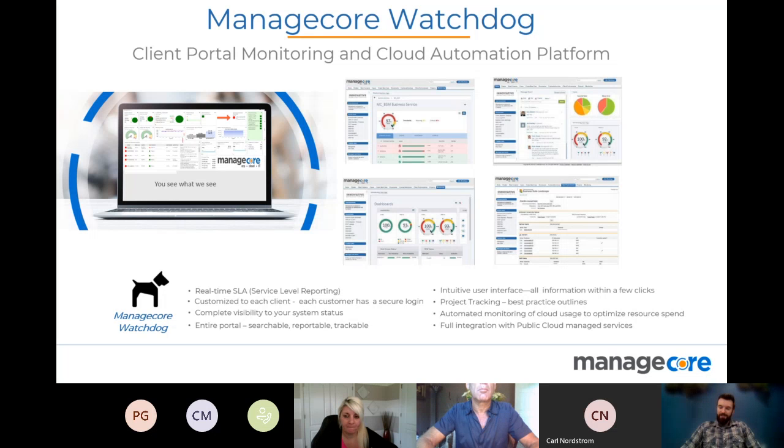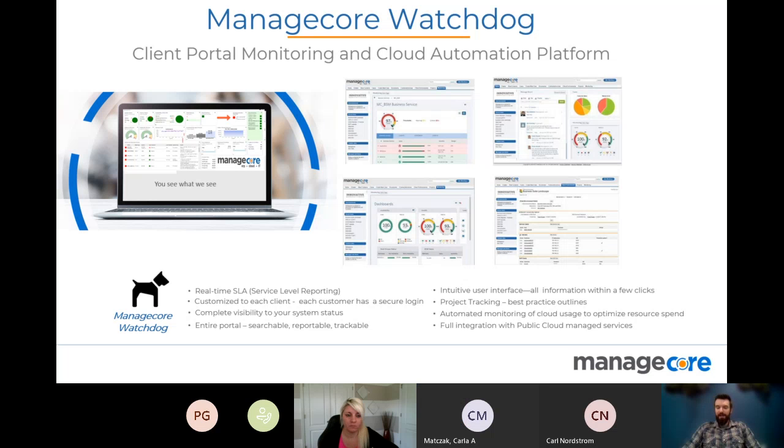But our tool set doesn't just stop at the monitoring. As the name suggests, it really is a monitoring and cloud automation platform. So what we really try to do is focus on how we can be more proactive, and that's what this tool set does for us. It gives you the ability to monitor not only real-time events like a system alive or a short dump happen, but it also monitors what we would call daily events that basically take a look at your environment each day and determine if it meets or exceeds certain thresholds. So an example of that would be maybe expensive SQL statements. Our tool set takes that monitoring from a daily standpoint and says, over the last 24 hours, here's your most